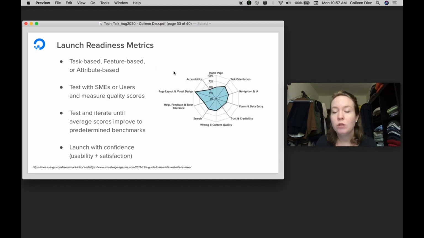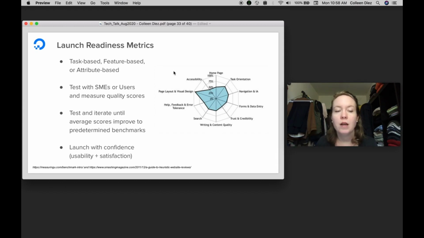So what you would do is test and then have your team iterate until the average scores improve enough to meet whatever your predetermined benchmarks are. Maybe for your product, you just want to say that, okay, average trust and credibility for our product is good enough, and as long as we meet that, we're ready to go. But maybe for whatever you're launching, that's not good enough. Maybe it needs to be above average. So your team needs to figure that out in advance and make sure that you are delivering the right level